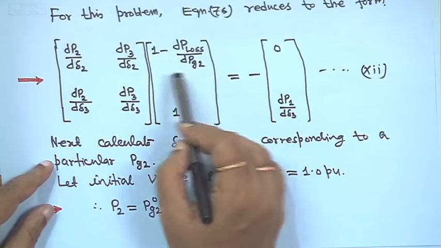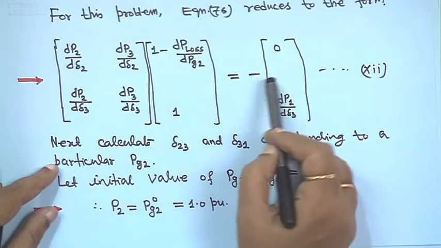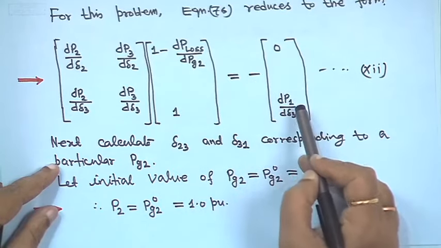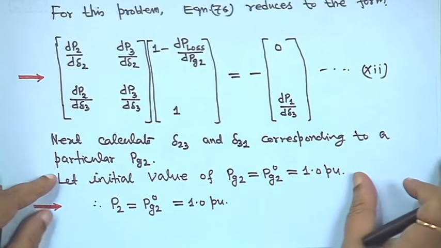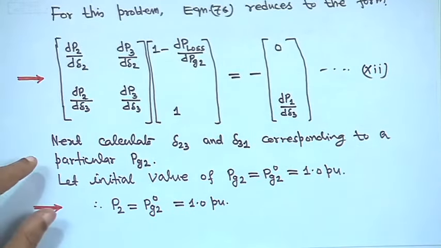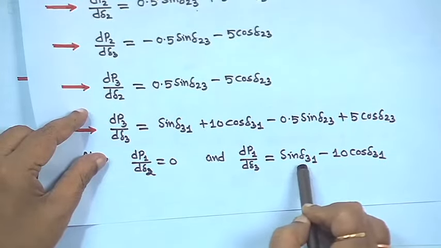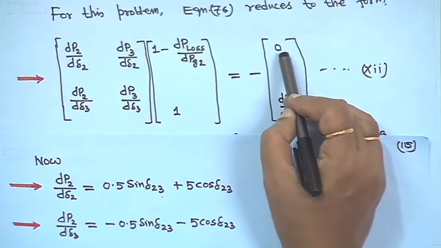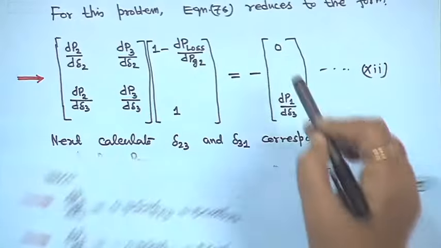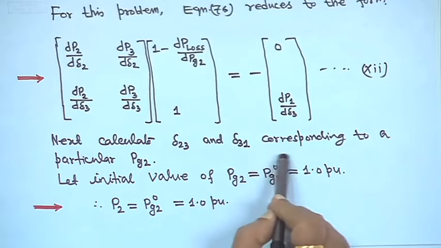So, that is bus 2. So, 1 is equal to 1 minus dPloss/dPg2, and this will be 1 minus this, which is 0, and this will be dP1/d delta 3, right. Because dP1/d delta 2 is equal to 0, but dP1/d delta 3 exists, that is why instead of writing dP1/d delta 2 again, here actually dP1/d delta 2 is equal to 0, we are putting this here. This is equation 12, right. Now, next you have to calculate delta 23 and delta 31 corresponding to